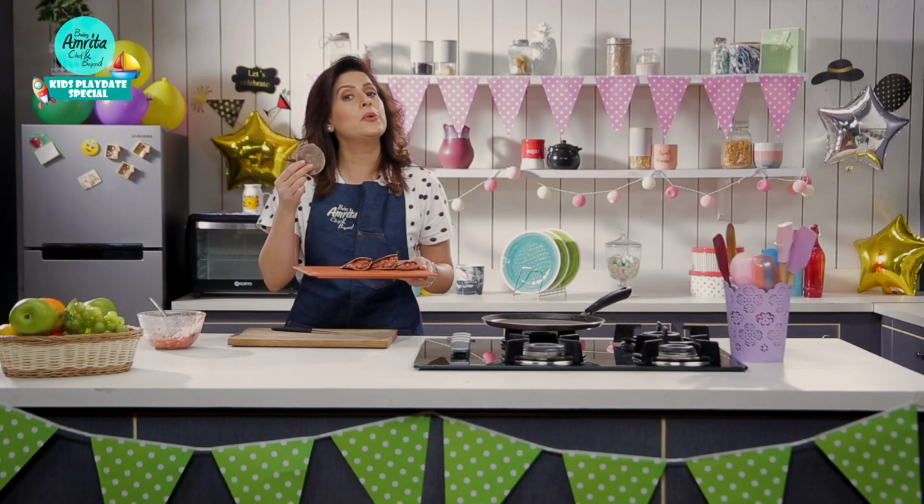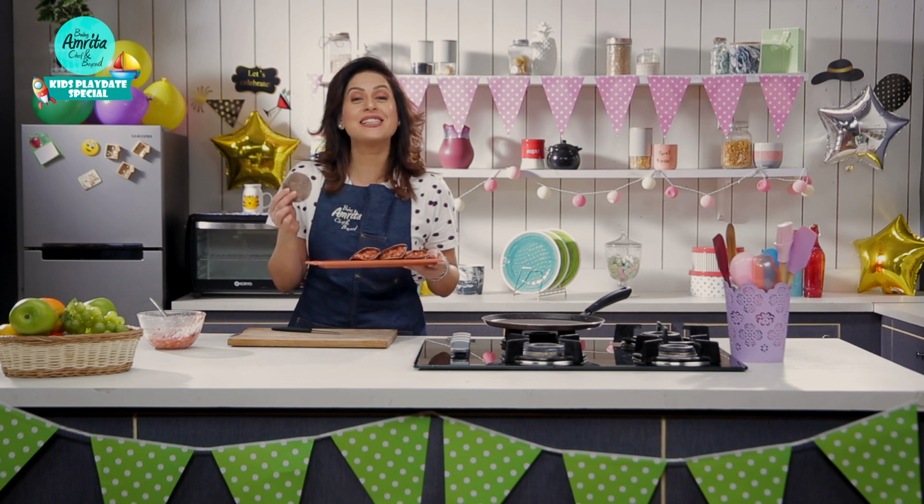I think God wants me to eat this piece, so I'm going to dig into this yummy and healthy fruity pocket,